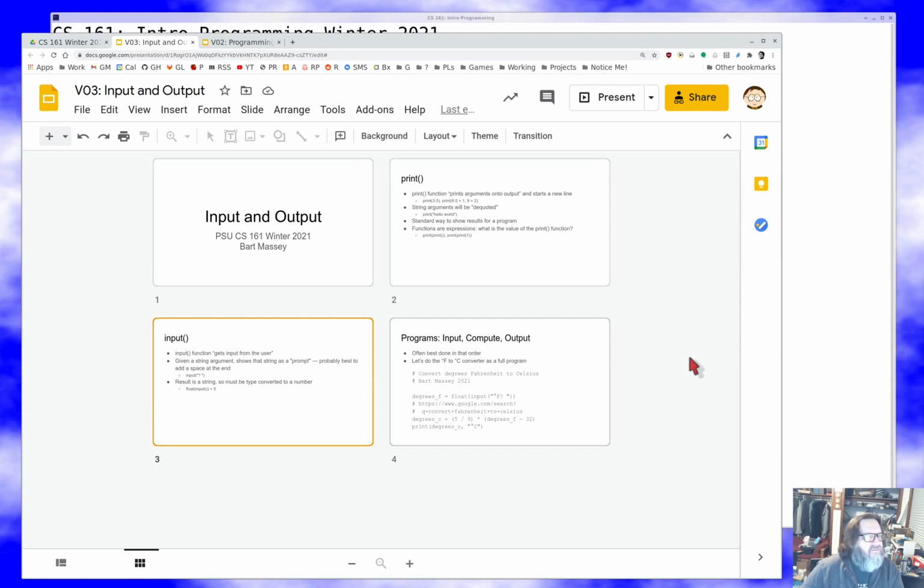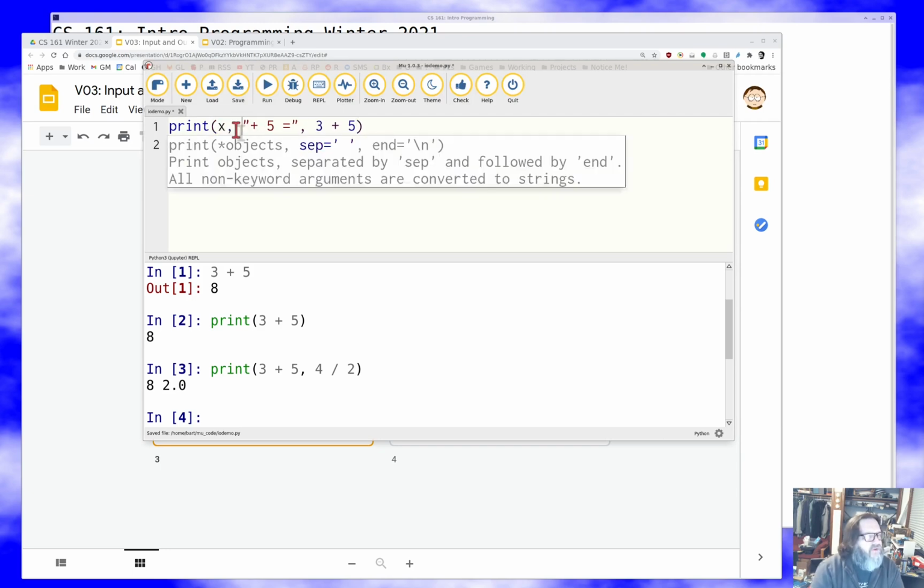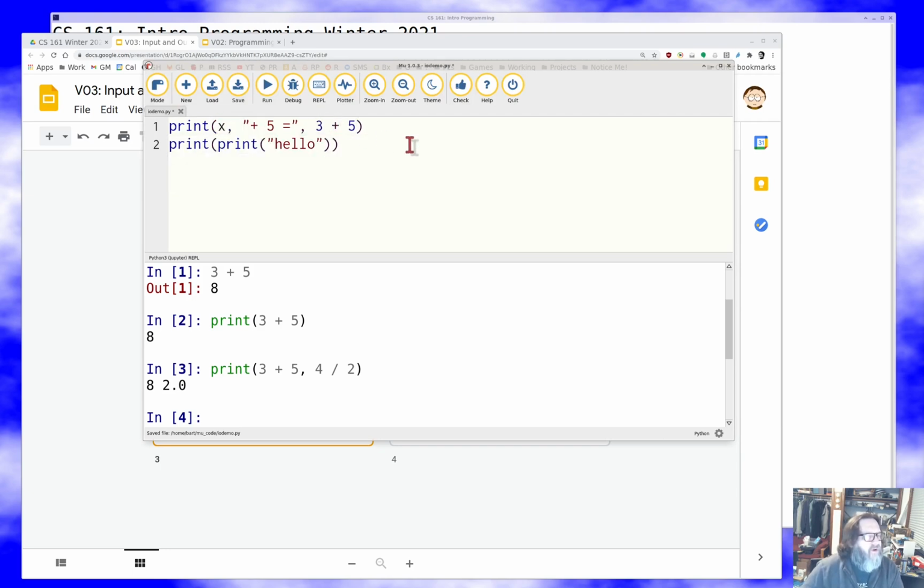Let's take a look at that here. Let's say I'm going to put it like this. We're going to use a variable. We'll talk about variables on Thursday. So what we're going to do here is